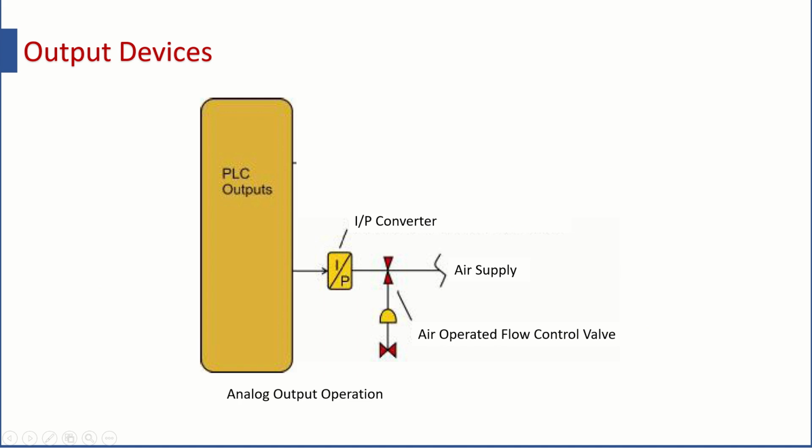This is the concept of analog output operation. You actually supply a variable current from a 4 to 20 milliampere current loop. Here you are applying that current to an I2P converter, and this I2P converter is controlling airflow to an air operated flow control valve. It can control the motion of the flow control valve, so that ultimately you have control over